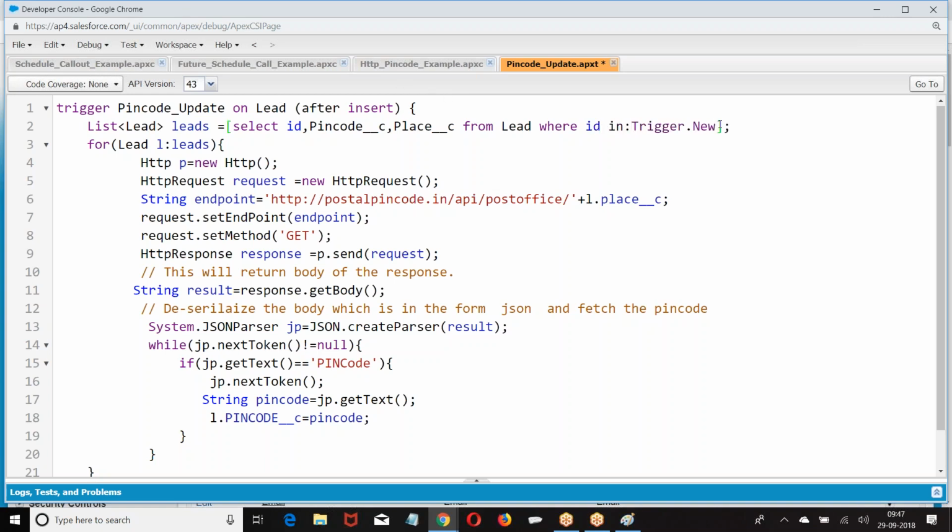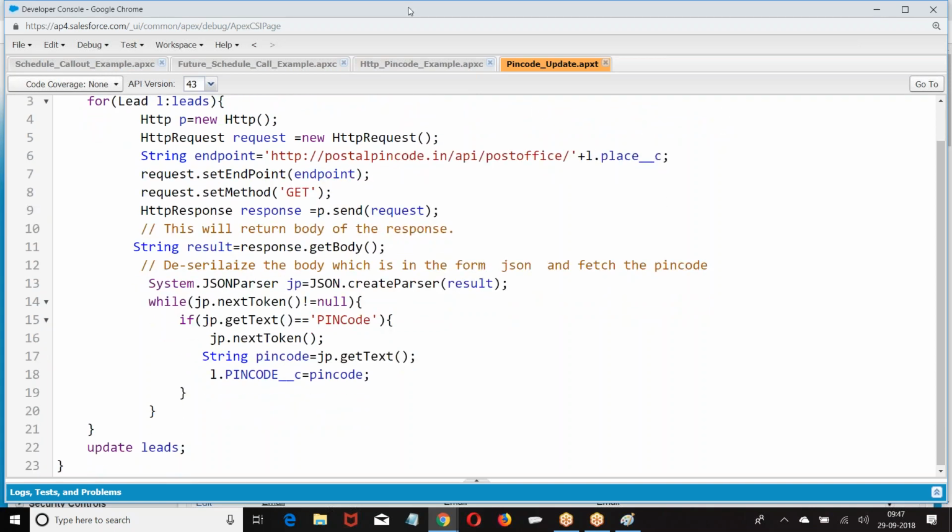Okay. Now things are set. Now this is my requirement. Whenever a new lead is inserted, writing a SOQL query, getting the new leads which are inserted, then taking one by one lead, making a web service call to third party, trying to get the pin code number and updating the data. This is my requirement.